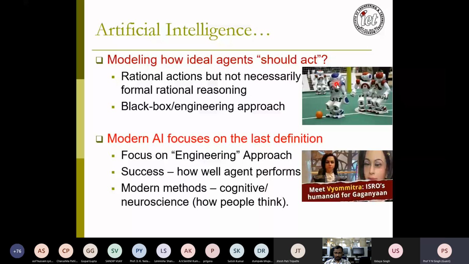And then every agent is trying to compete with each other. The meaning of agents here is these robots controlled by a system or computer. Okay, and they are competing in a soccer game, as soccer players, right? So modeling how ideal agents should act, and then finally we can say that artificial intelligence focuses on some engineering